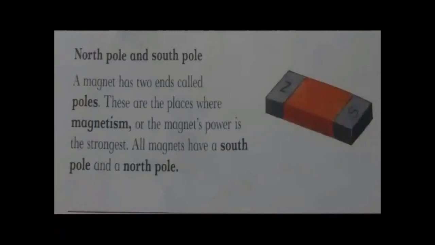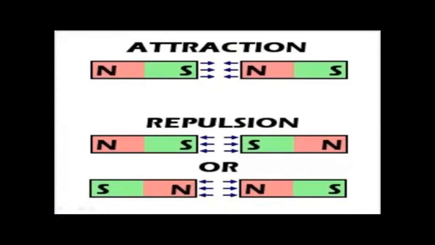I am repeating again, what is magnetism? Magnetism is a force that can attract or repel objects that have magnetic materials like iron. So students, here are some rules. All magnets, you know about that. All magnets have two ends called poles. So students, this green color shows the south pole and the red color shows the north pole.